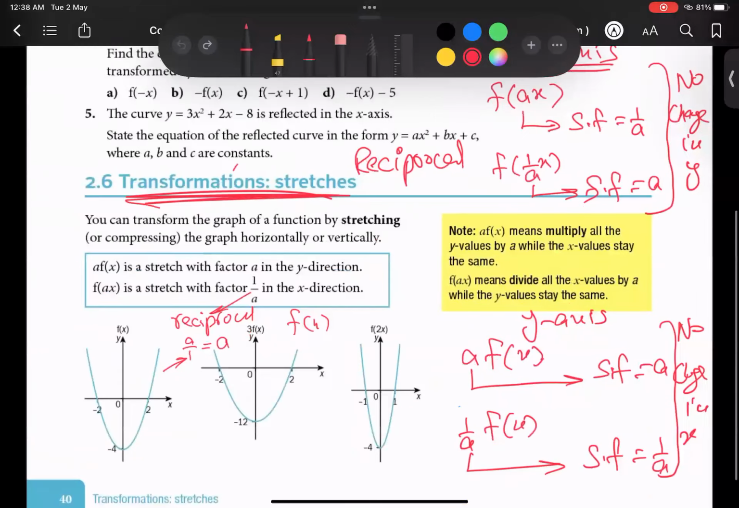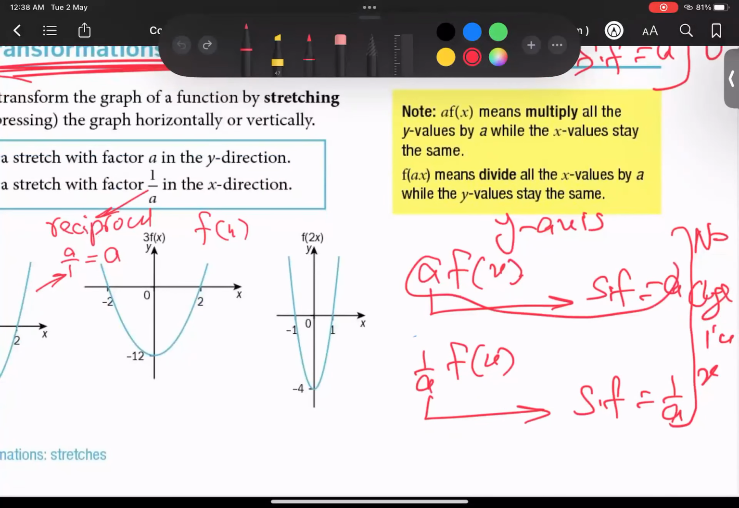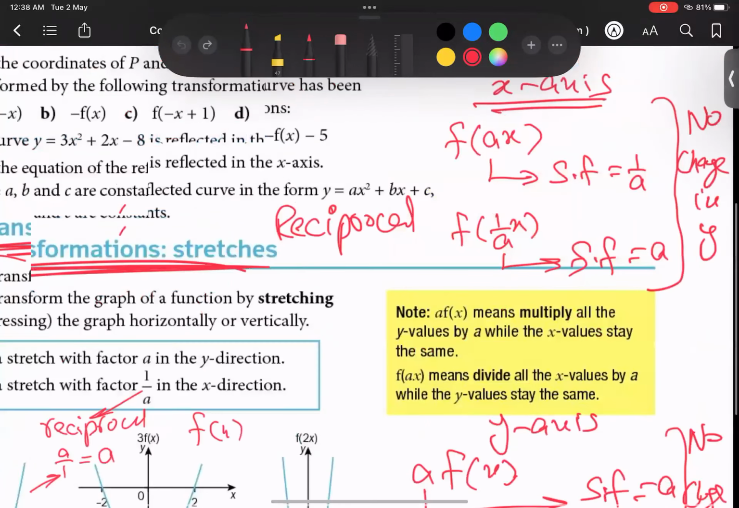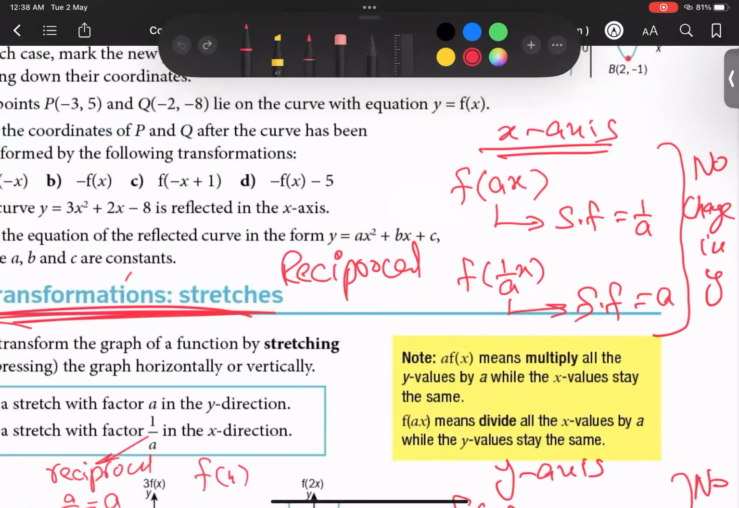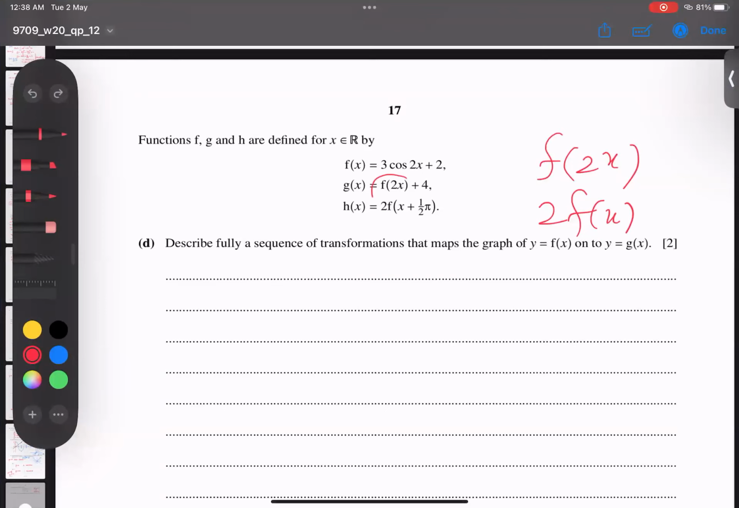And when you talk about the y-axis, this multiplication outside remains the same scale factor. If 1 by a, then 1 by a. But in the x-axis, it becomes the reciprocal. I hope you got the idea. So this part is very clear. So I can say, what is this 2 within the bracket? So we can say that